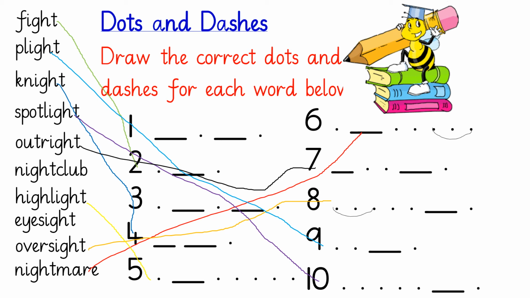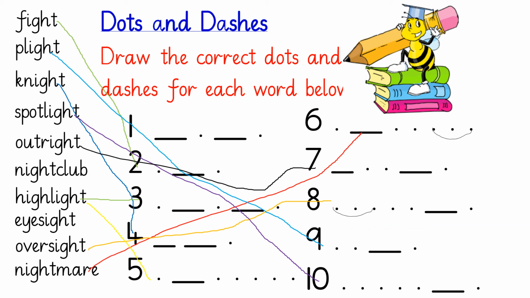Okay, and that means we've just got, have we done nightclub? Oh, I did that wrongly. I went to highlight instead of nightclub. Okay, it's highlight we haven't done. Oops, sorry about that. So highlight, highlight starts with a dash. No, it doesn't. It's a dot and then a dash and then a dot for the H, and then a dash for the I, a dot for the L, a dash for the I, and a dot for the T. So it's dot dash dot dash dot, and that is right across from it, number 3, which just leaves us with eyesight,